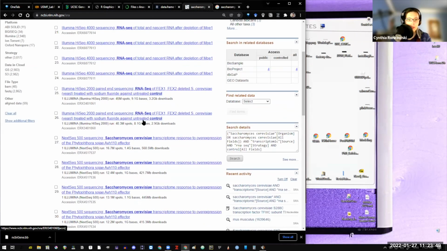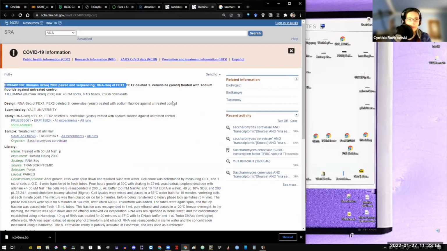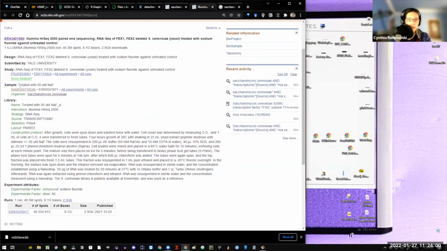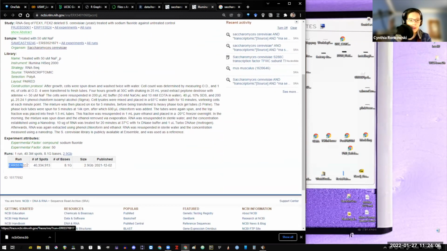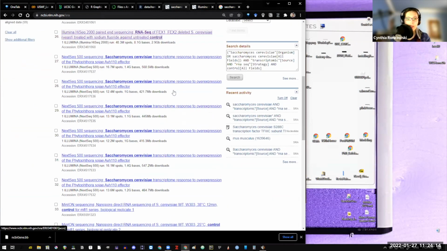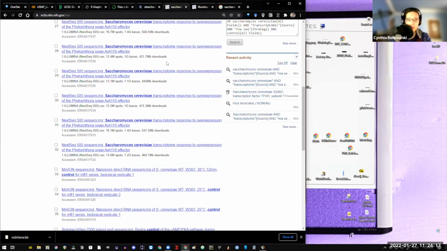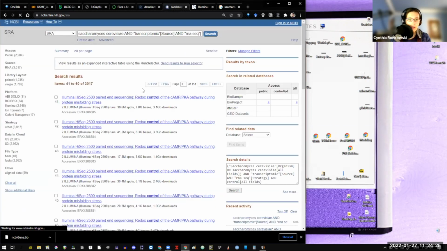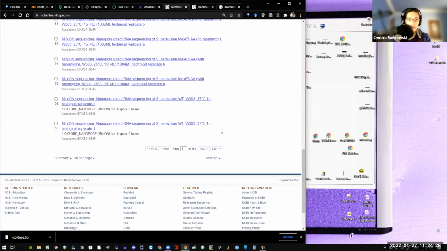So for example, here's something that says untreated control. You can get the SRR, or in this case, ERR ID, and use fastq-dump to download that. However, we wouldn't pick this one because it's 3 gigabytes and that'll take forever to download into Colab. And you might run out of space too. So that would not be optimal. But if you can find something that's looking a lot smaller,